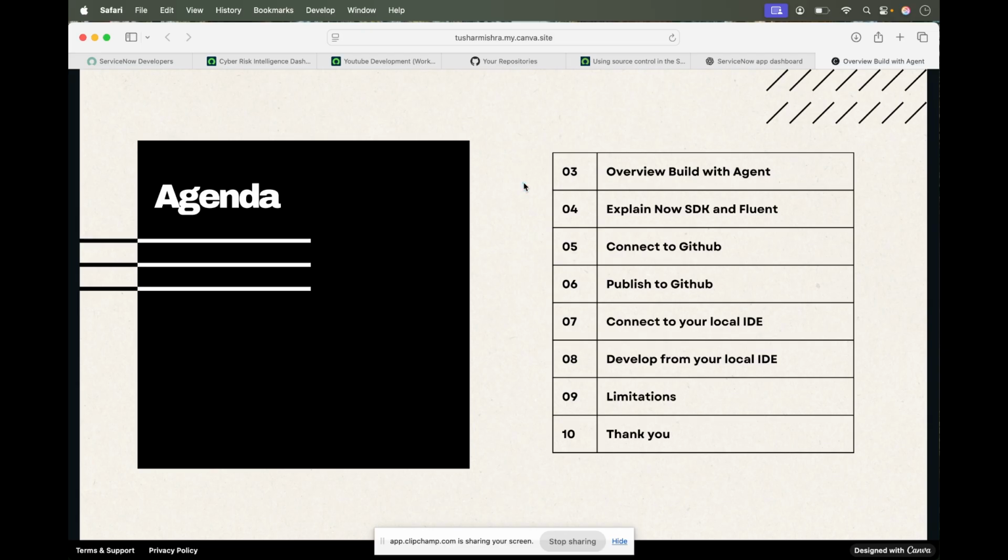Everyone. So today we are going to talk about the Build with Agent challenge of ServiceNow. Actually, I was looking through my LinkedIn feeds and I found that there are so many beautiful designs and applications everybody is building, and I was also curious, and I just couldn't help myself to get started with it. But more than that, I also wanted to share it and collaborate on that application with many